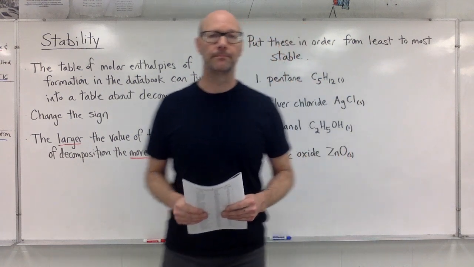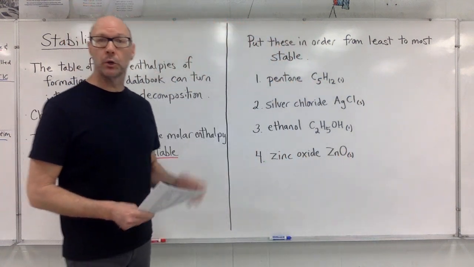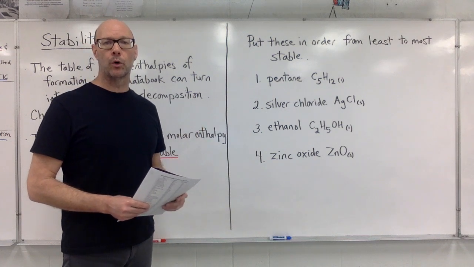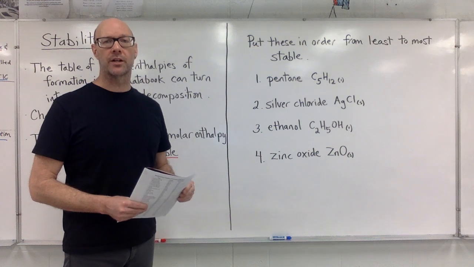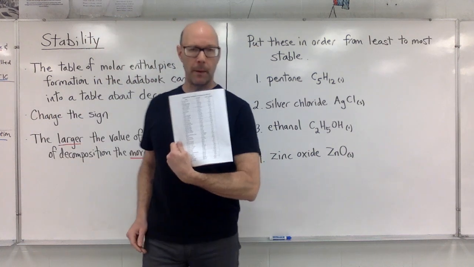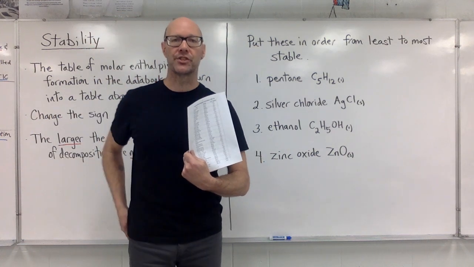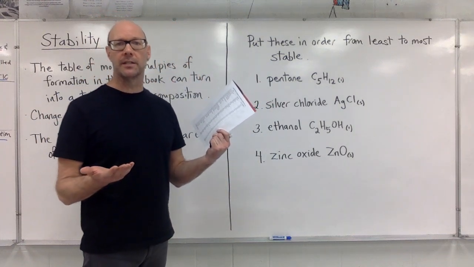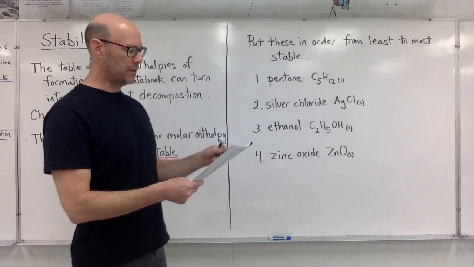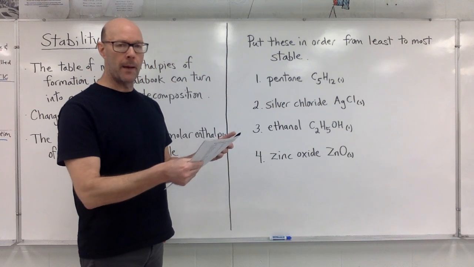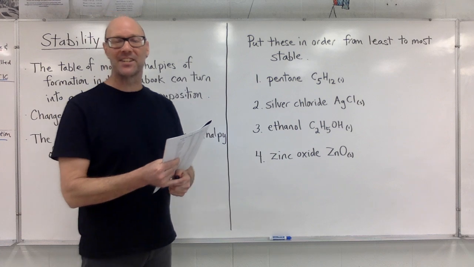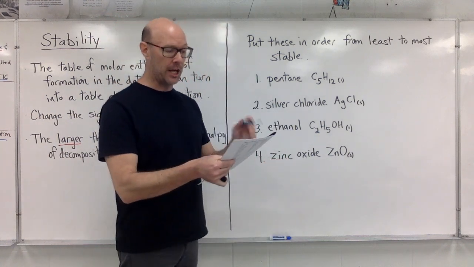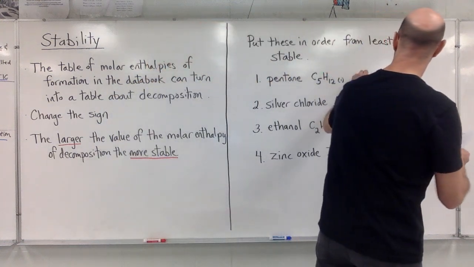Let's look at this example. Put these four chemicals in order from least to most stable. We have pentane, silver chloride, ethanol, and zinc oxide. What I need to do is look them up in the data booklet and change the sign. So I take my time. The chemicals are in alphabetical order here in the data booklet. It's not going to take me that long to find pentane, but I'm not using the number exactly as I see it. I need to change the sign. So I found it, and I changed the sign, and it becomes positive